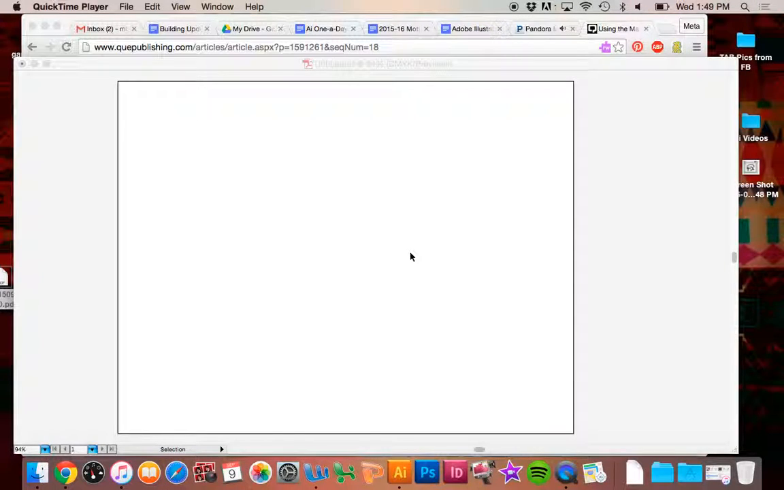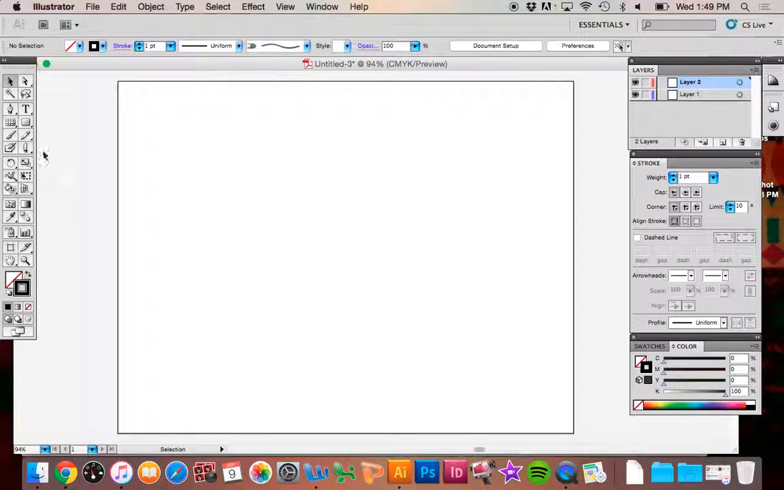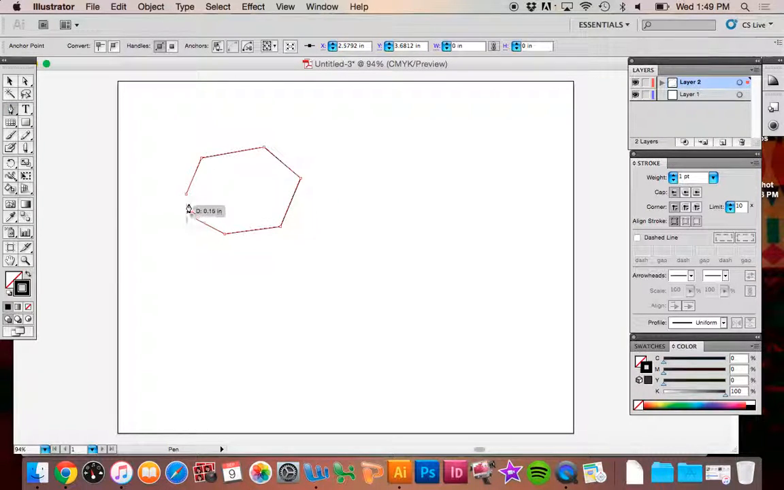Now let's talk about three tools. We're going to talk about the pencil tool right here, the paintbrush tool or the brush tool, and the blob brush tool, which is right below that paintbrush tool. The pencil tool and the brush tool work in very similar ways, whereas with the pen tool, you have to click to make those anchor points,